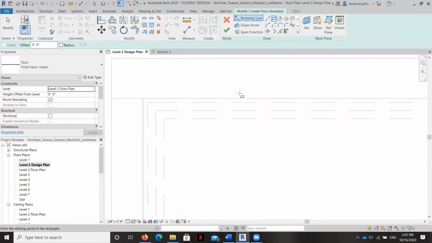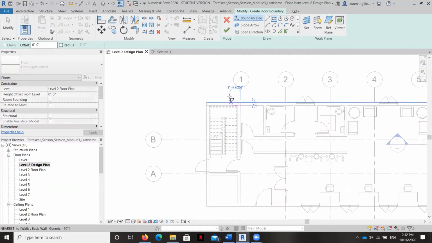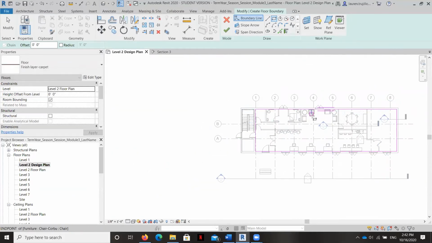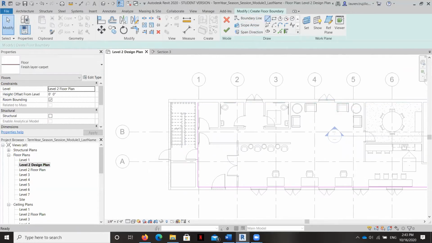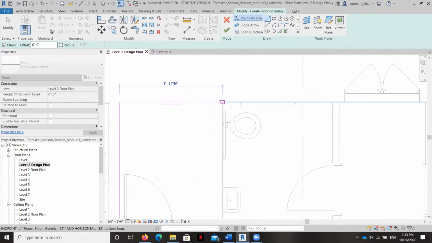Actually, let's go ahead and do it right here. I'm going to do the entire floor, but I'm going to adjust this boundary just a little bit. I'm doing everywhere except where I want tile.